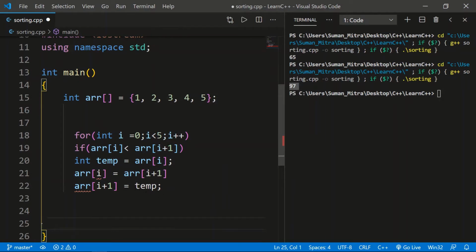We are using this temporary value because we want that the first value of this index should not get disturbed, because when we come to the second line, you can see the value of the first is replaced by the second, so we don't want to use the replaced value, we want to use the original value. So okay, now I'll use the curly braces so we get rid of all the errors that we are showing here.